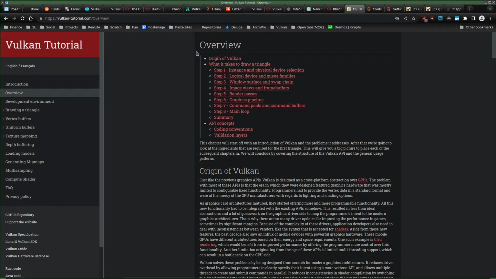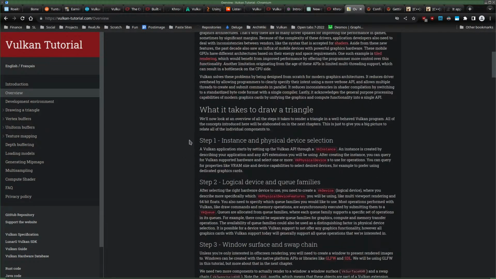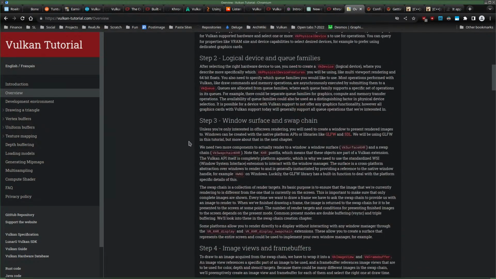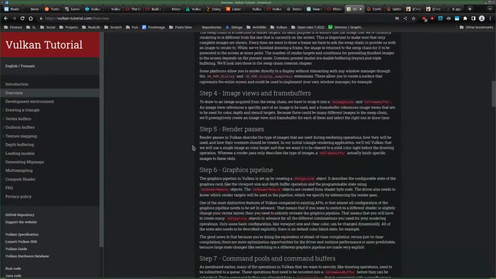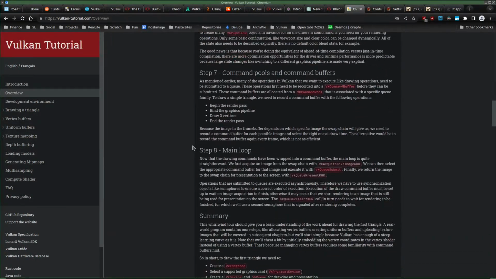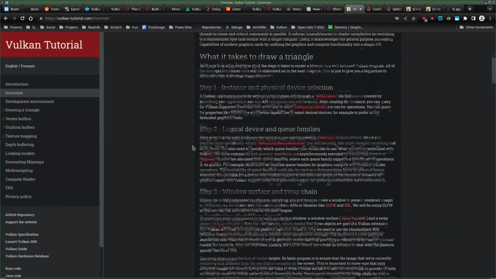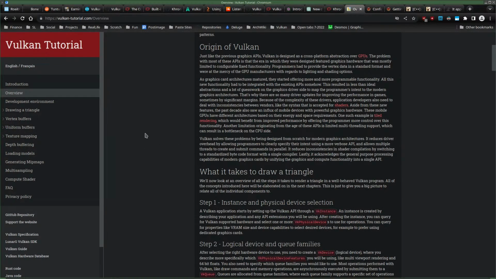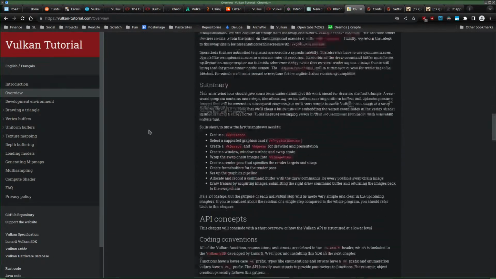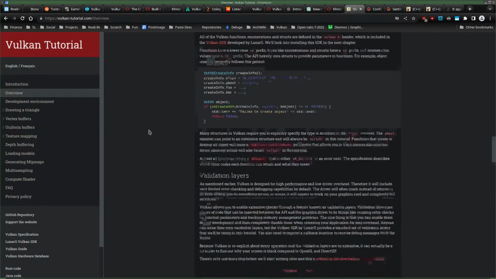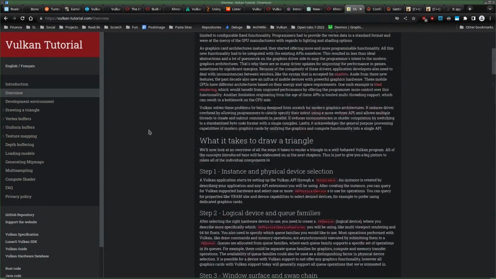So yeah, I kind of have an overview, I don't need that yet, or whatever. Origin, what it takes to draw a triangle. That's a summary of everything. Maybe should refer to this. I don't have anything to add to it. Yeah, I can just refer to the overview over the vulkantutorial.com.